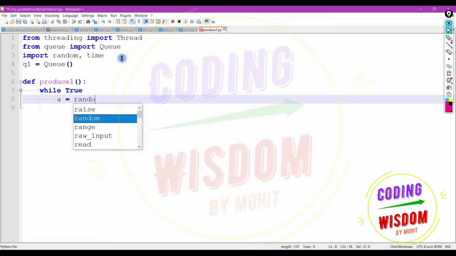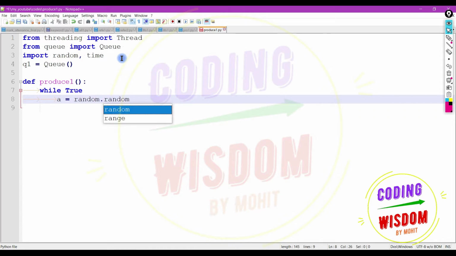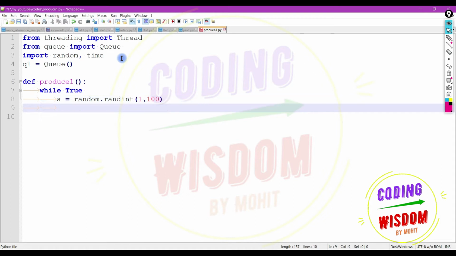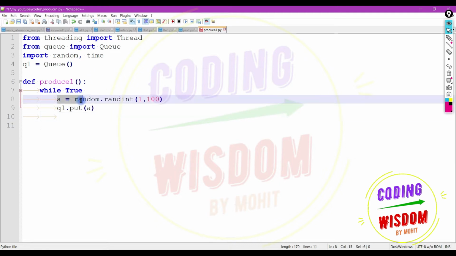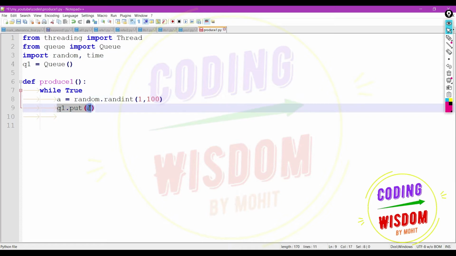I'm producing a random number by using the random module, randint, random int 1 to 100, then q1.put. Here a is a random number, an integer, and here I'm putting that number.